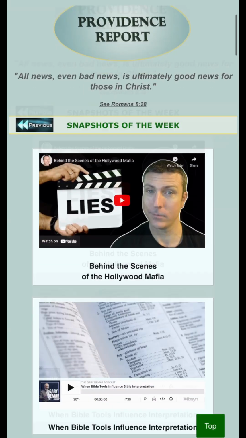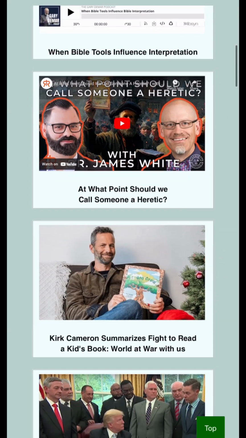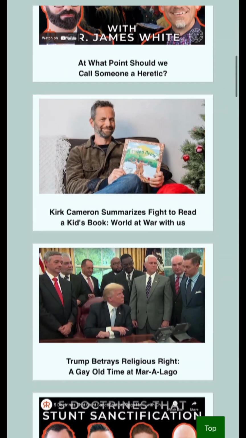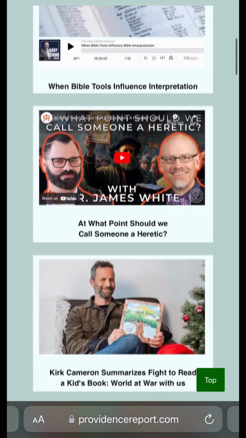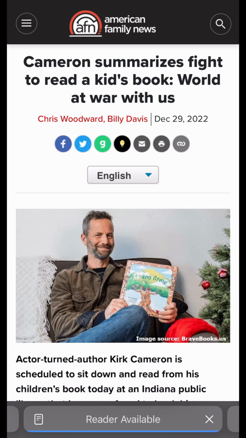Digest. The Weekly Digest contains a series of curated links to important articles, videos, or podcasts published that week. These links are presented in the form of snapshots, which are designed to look like Polaroid pictures. Each snapshot will have a picture and text describing the source material. To open an article, just tap either the picture or text.